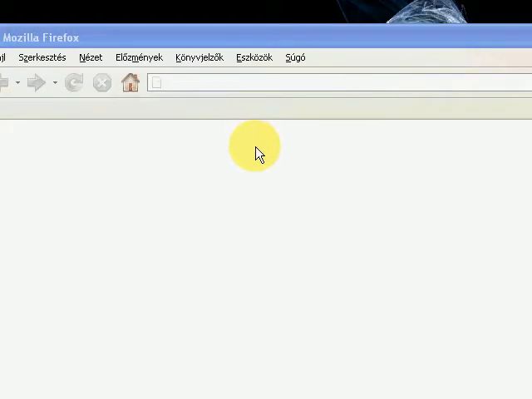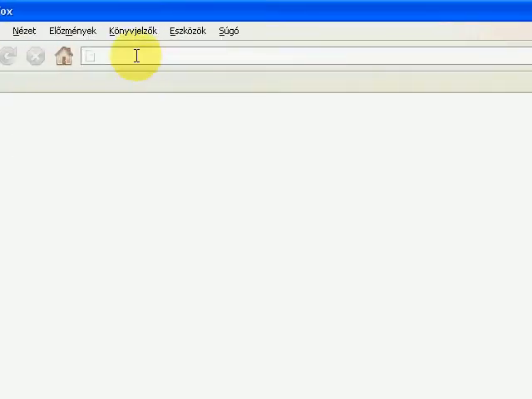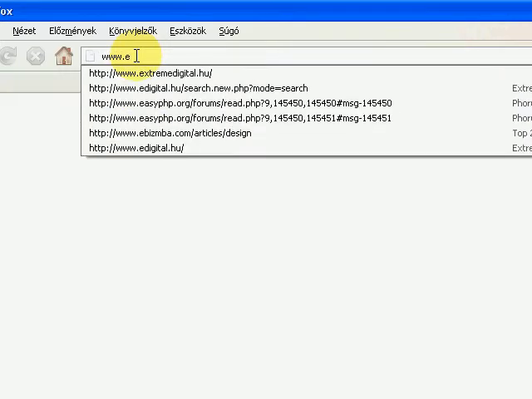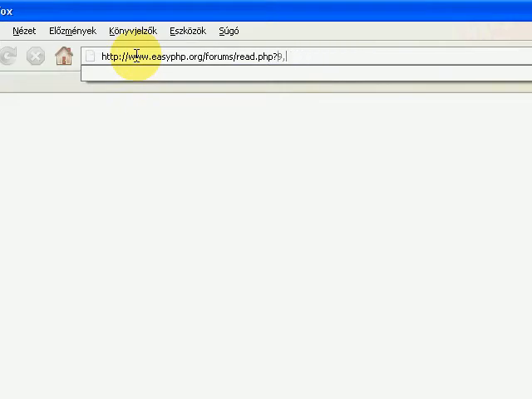Hello, in this tutorial I would like to show you how to get an Apache and a MySQL server with the easy-php package. This is a good program if you want to have an Apache server. Alright, so go to easy-php.org